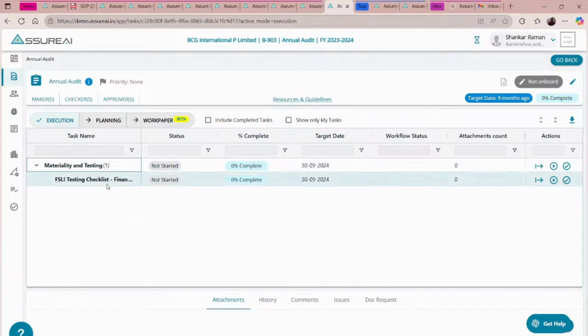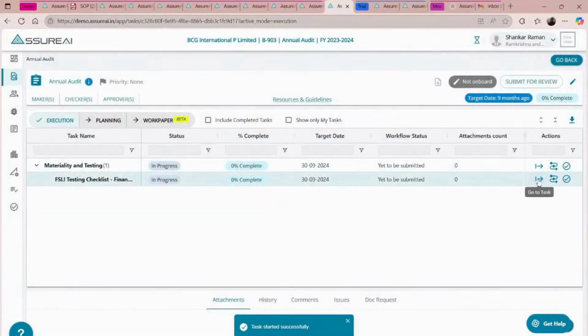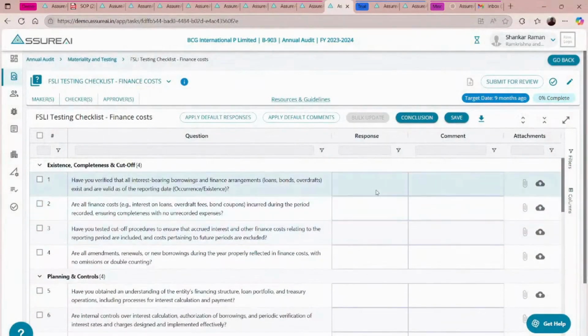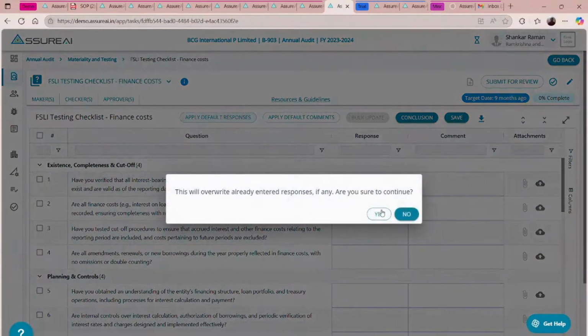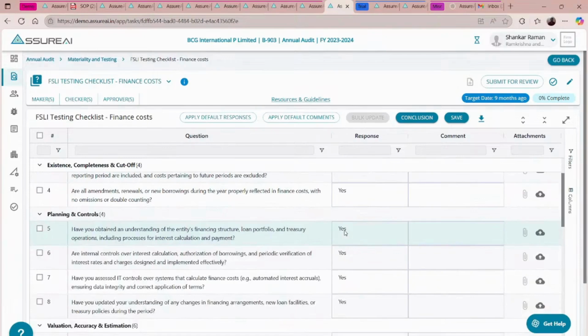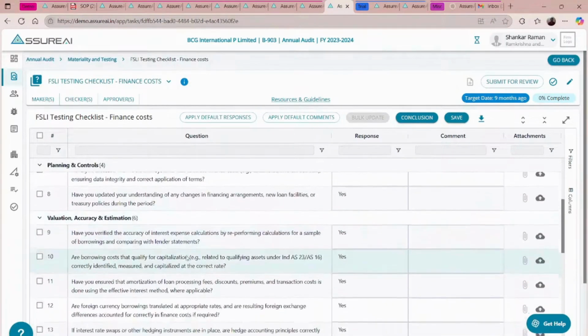So there is a FSLI checklist testing of finance cost. I am just enabling them and start the work. The checklist is populated here. And there are plenty of checkpoints here. You can just review and respond one by one. So generally the default response will be applied and then user will go through and review if there are any incorrect responses. So here in response to this particular query,